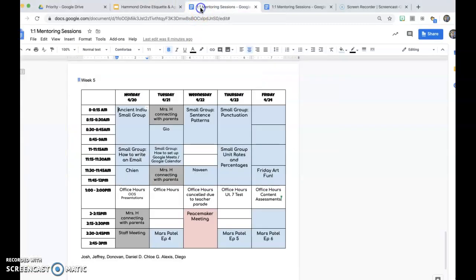First of all, let's take a look. This is going to be sort of our schedule for anything that I'm doing on our Google Classroom Meet link that you can attend. So anything in blue is going to be a small group opportunity. Even though maybe one name is there, the opening is there for multiple students. Any white single 15-minute slots will be just for that person.